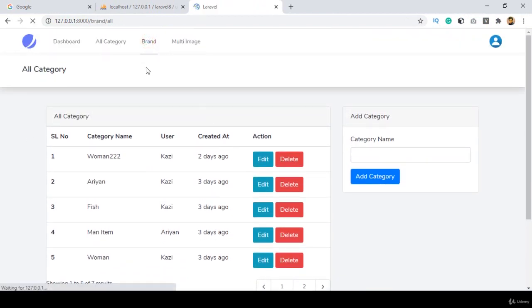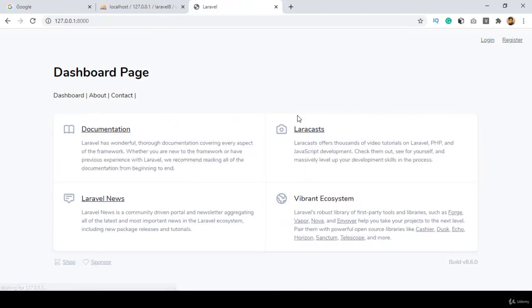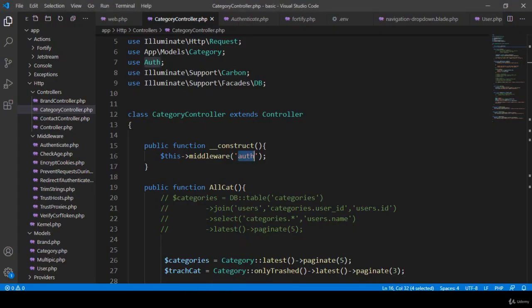And also, I want to do the same work for our brand. That is another URL. I copy it, go to logout, and if you want to access this URL, click enter. You can see it's now showing some errors. So I also want to do the same thing for another controller I have created. That is the brand controller, right? So better I copy it,